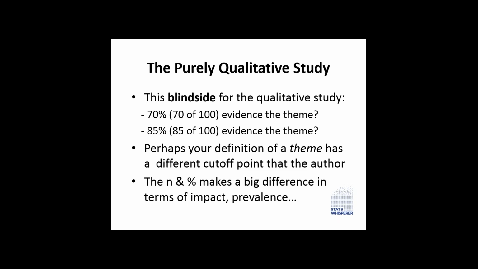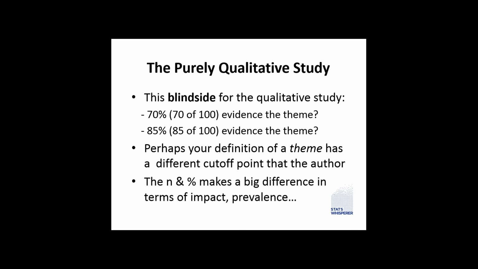researchers are all different, right? Everyone has different criteria. People consider different things valid and not valid. So perhaps your definition of a theme, right, has a different cutoff point from the author. So perhaps the author feels if 70% of people say it, it's a theme. But perhaps you feel it has to be more like 80% or 85% of the people to become a theme. If it's less than 80%, you don't consider it a theme, right? Well, if they don't mention the number and percentage, right, you can't make that judgment. So they're telling you it's a theme, but you can't decide if it's really a theme unless you know that